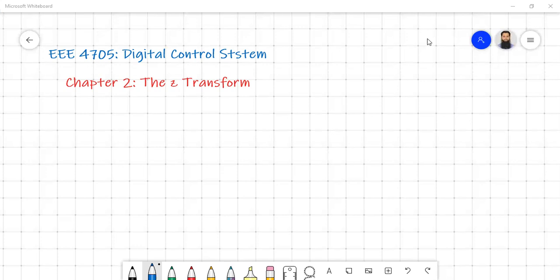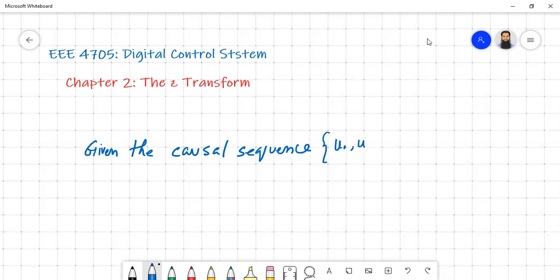Before going to that, I want to cover some topics related to the definition of the Z transformation from some other book. That will help us understand the Z transform even better. So let's see what definition is given. It says that given a causal sequence, and the Z transformation is defined as